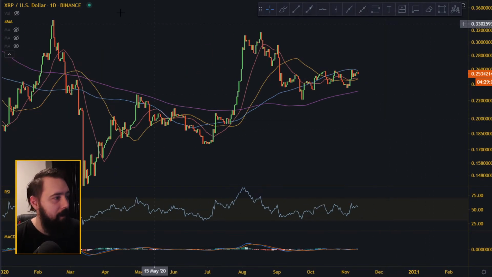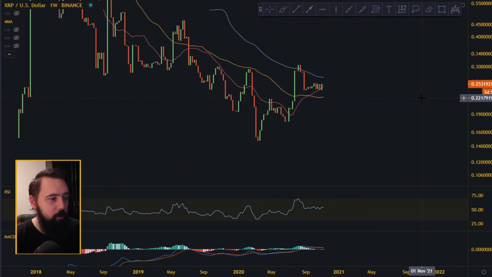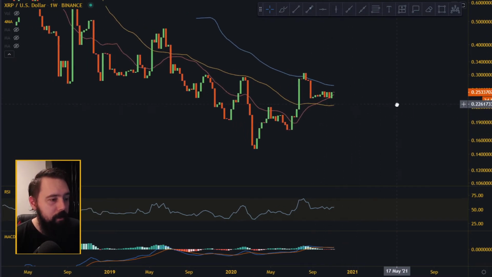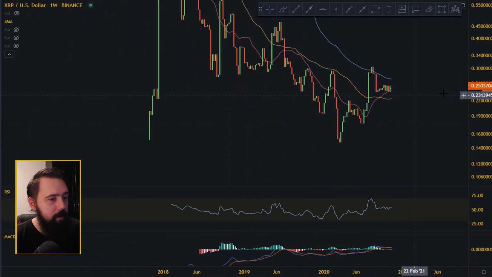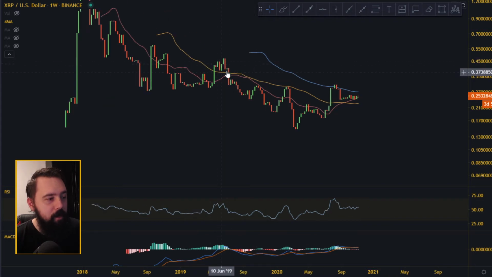But right now we're also going to go on the weekly. I want to show you something on the weekly. This is of course without the wicks, so closing and opening of the price. All the way down when it was going down, the red one is the 20 moving average, the yellow one is the 50, and the blue one is the 100 moving average. During the downfall in the wedge, it got resistance on the 20 and on the 50. Once it managed to get above the 50, but it just got pushed back down under it.